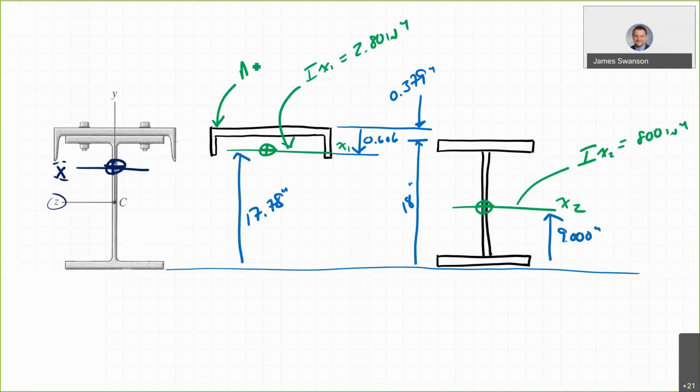Finally, the area here, A, I have it written down, is equal to 5.87 inches squared, and the area here, A, is equal to